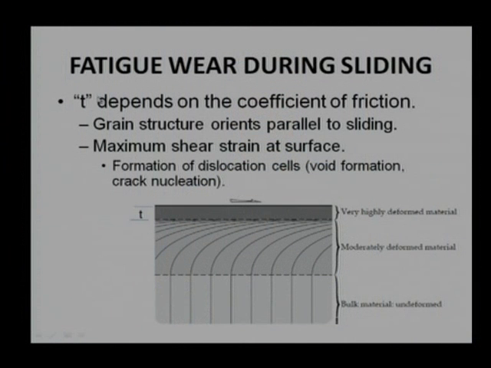And we say that T majorly depends on the coefficient of friction. If the coefficient of friction is very high, we have to apply more and more sliding force, then more and more grains will be deformed in this direction, and they will reorient to a certain limit. In every case, whether the load is low or high, when you compare the 3 layers, maximum strain will be on the top surface. If you increase the load,